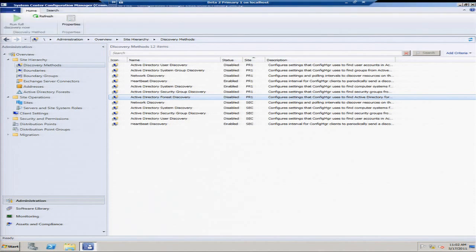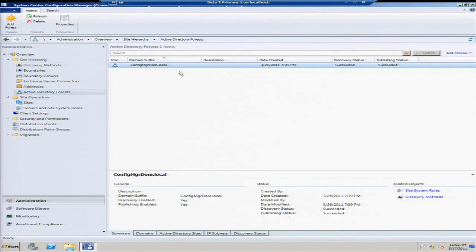Where I'm sitting right now for this first demo is primary 1, which is a child primary site. You see I have a primary site, PR1, and a secondary site, and the discovery methods for it. So I'm on the discovery methods. You see that there's Active Directory forest discovery. It's not enabled at my child primary site, disabled. However, the results of Active Directory forest discovery are replicated everywhere. So I ran this at my central administration site, CAS, and here are the results of Active Directory forest discovery. It discovered this forest, configman dom.local,